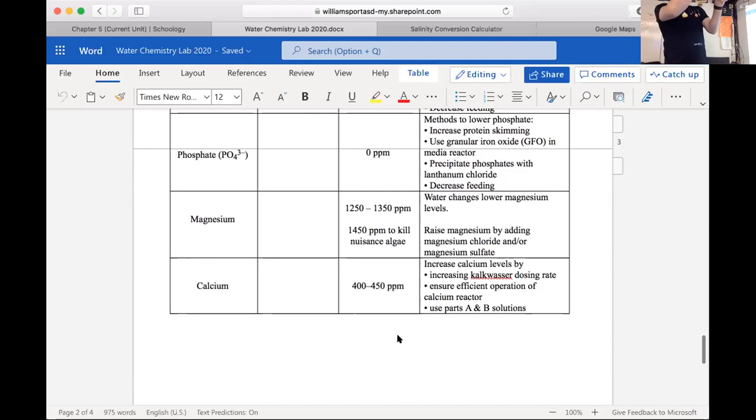And then once it is at the point, it's called the end point, where it changes from being pink to being blue, you will have used a certain amount of liquid from the syringe. You read the value on the syringe, and then on the test paper, there's a chart. So for instance, you've added the stuff and you're like, oh, this says 0.55. You just look on the chart to see where 0.55 is, which would be like right here. Right beside it gives you a number, and that number is the value for the concentration of either the magnesium